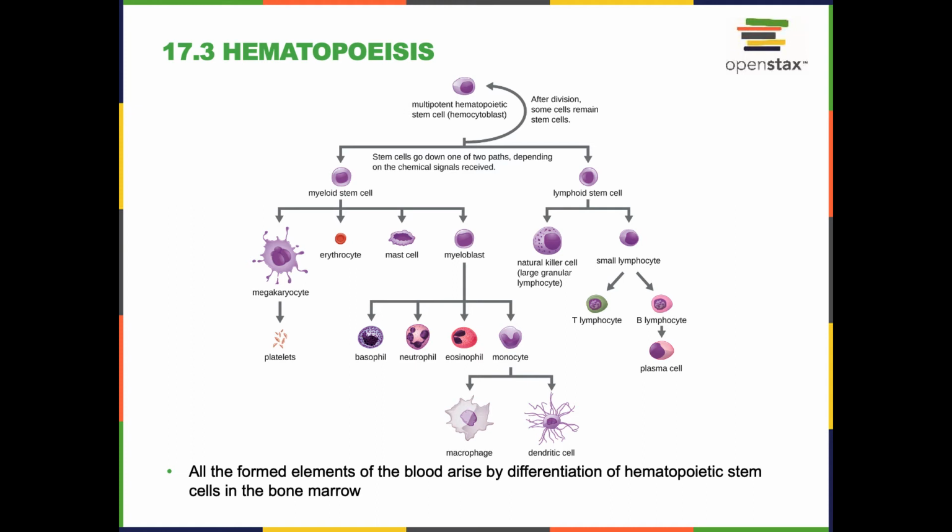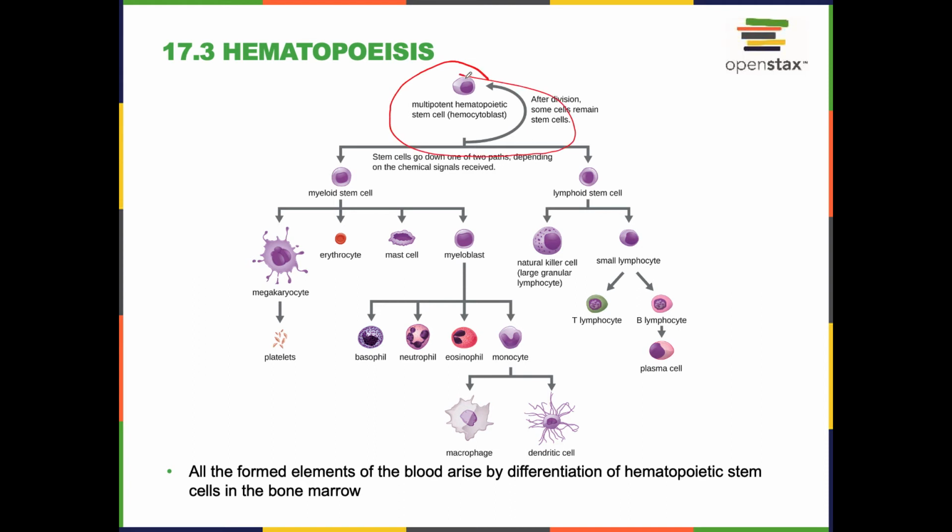Referring to blood and stuff. And so it's this one here, then after a number of signals, it's kind of like every time you make a choice, you can't go back, right? So we have these myeloid stem cells, lymphoid stem cells, and they all become these various formed elements that we will talk about, right? But all the formed elements in blood all come from